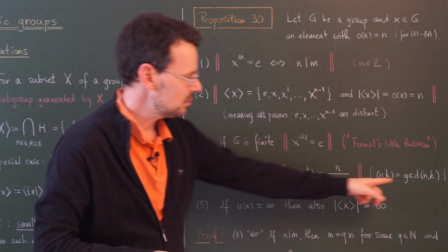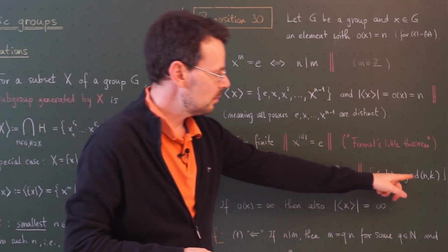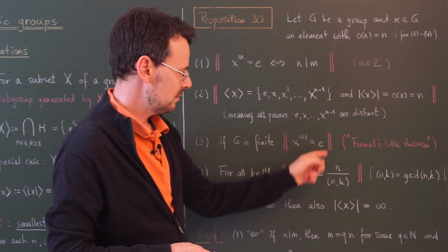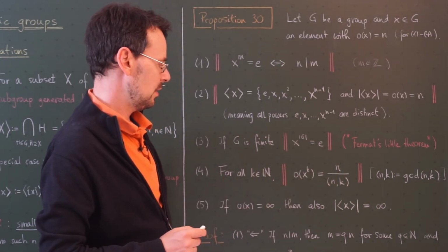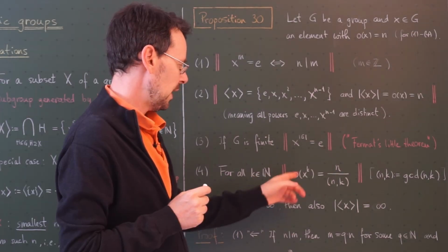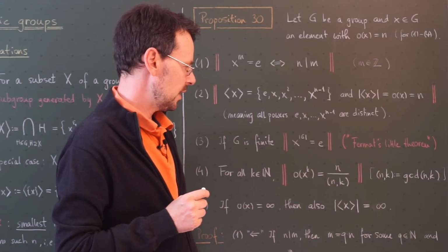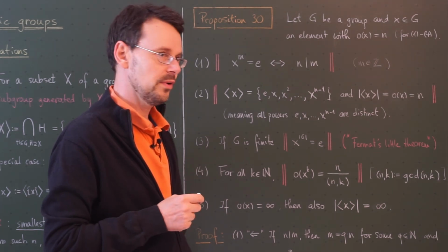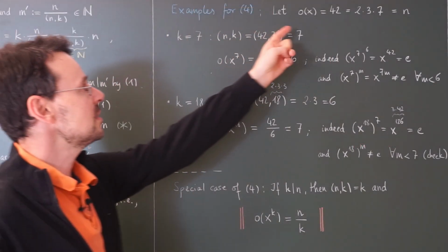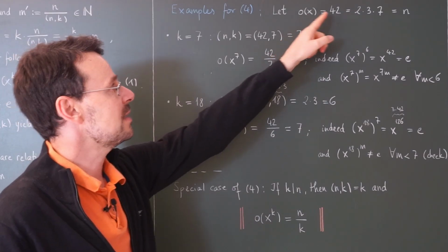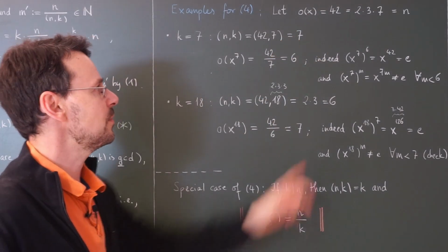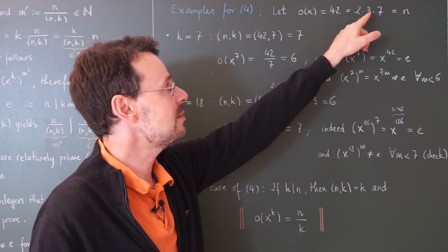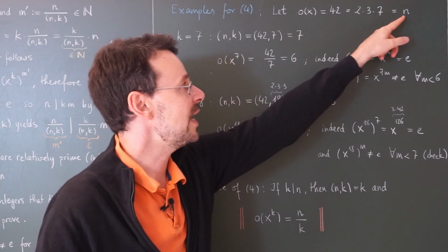This is an abbreviation for the GCD. The greatest common divisor of n and k is this here, and if I divide n by that, I end up with the order of x to the k. And I think it's worthwhile to look at least two examples illustrating this formula before we move on. Okay, so for example, let the order of x be 42. Of course, 42 can be factored into primes like so, 2 times 3 times 7, so n, the order of